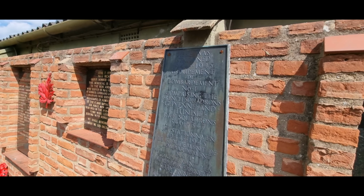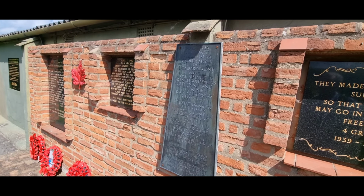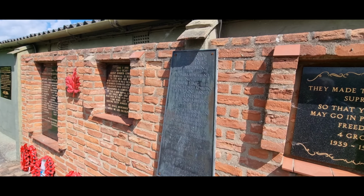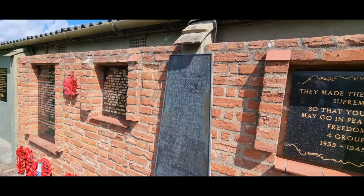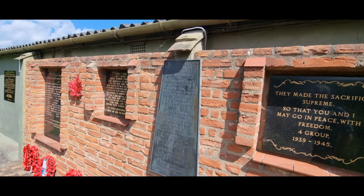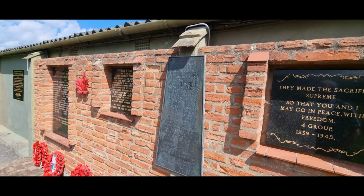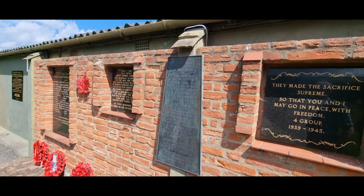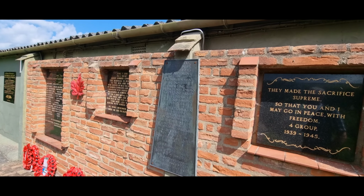Following on from the French theme, here's a memorial here. Here was stationed 1944, 1945. Groupement de bombardement number 1, numéro 1, comprising the French squadrons Guyenne, don't know whether I'm pronouncing that properly, and Tunis, RAF squadrons 346 and 347. Ici, stationné en